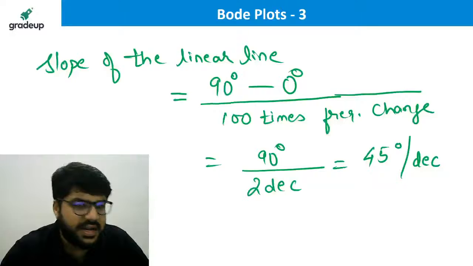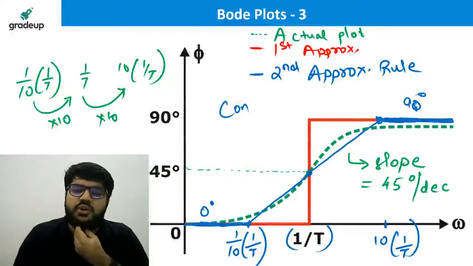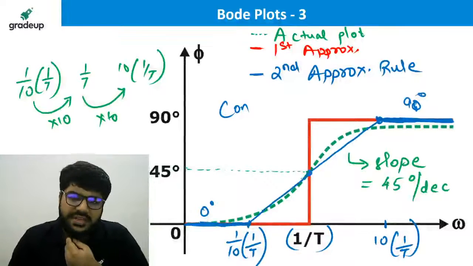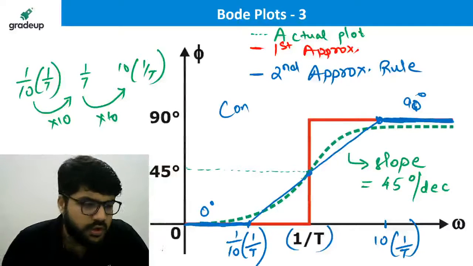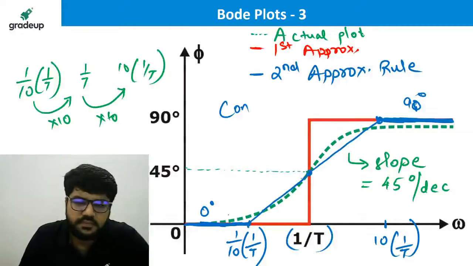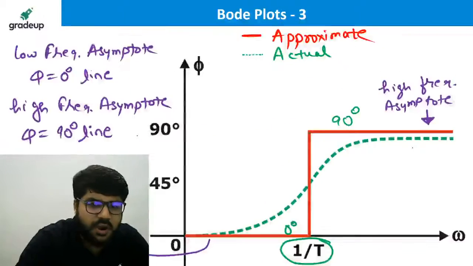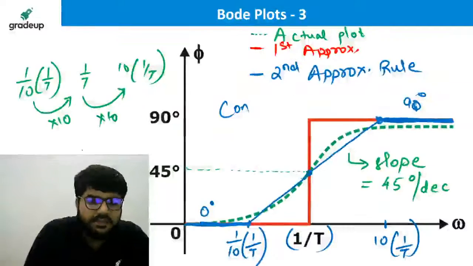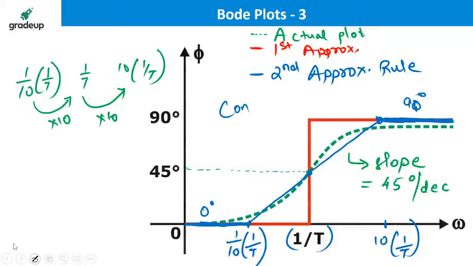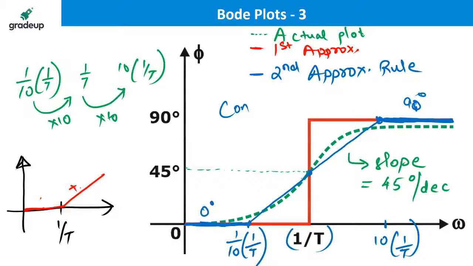Now coming to the question criteria, guys, what to do for questions actually. Listen, see the slope changes. How did we take the magnitude plot? Let me sketch it here. When we were talking about the magnitude plot for 1 plus st, I have one corner frequency 1 by t, and up to the corner frequency the magnitude is 0, and thereafter you get a straight line of plus 20 slope. For a pole it is minus 20.